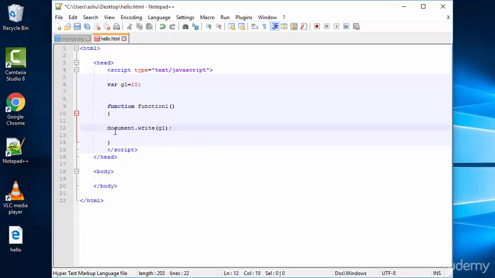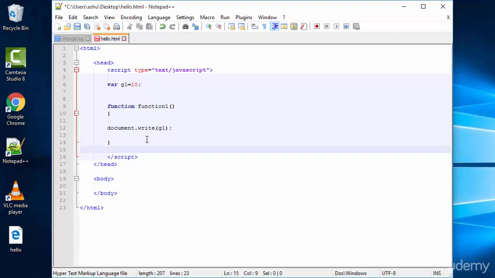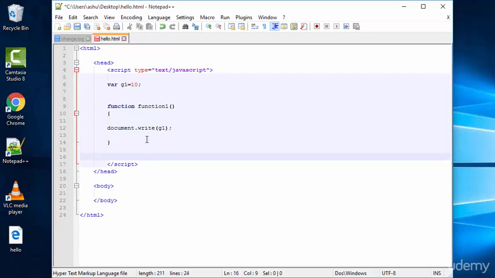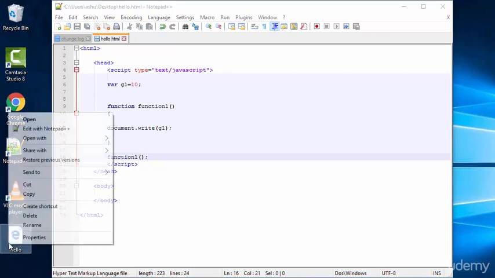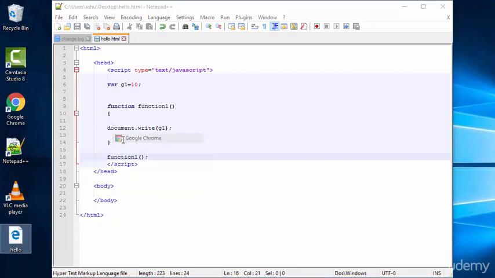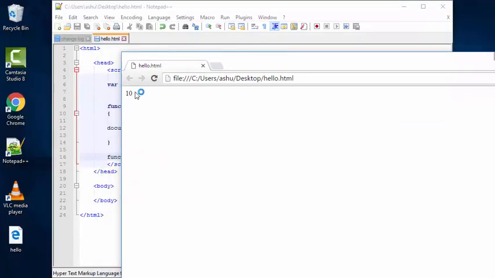Basically this function right here is going to take the value of g1, which is 10, and it is going to print out the value of g1. Once this is done, we simply use the function call. In order to call the function, we type the function name, which is function1, and give a parenthesis and a semicolon after it. Now if we save the code and execute it, we'll see that 10 pops up